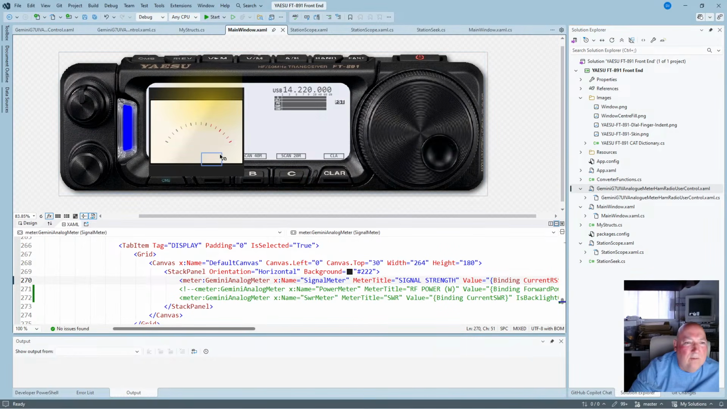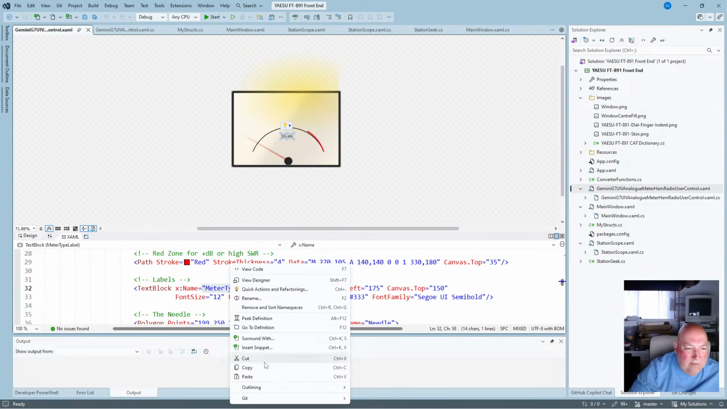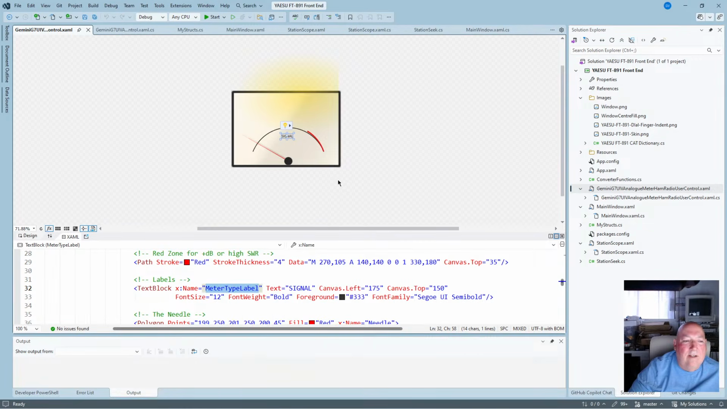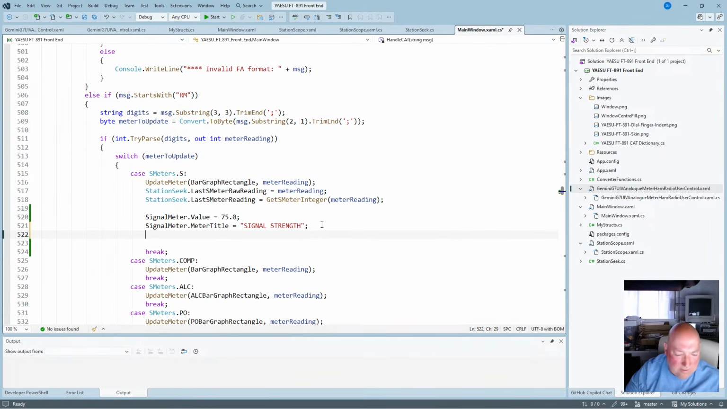So why isn't mine coming up? Anyway, let's go back to the user control. So they put signal in there, right? Okay. Text blocks. So I should be able to bring that up, and it's a text block, so I should be able to go back over to here. I should be able to go signal meter,